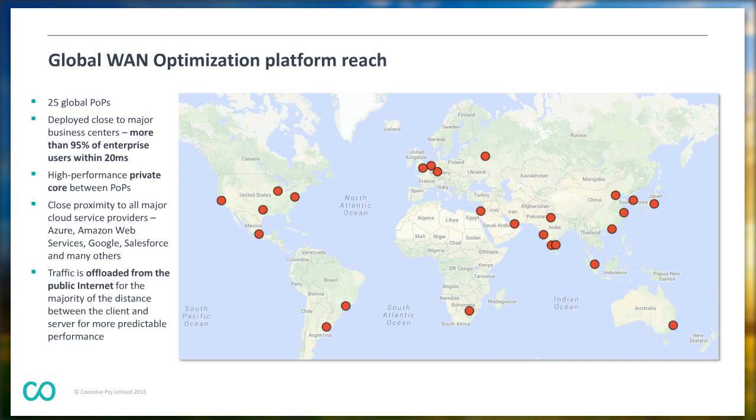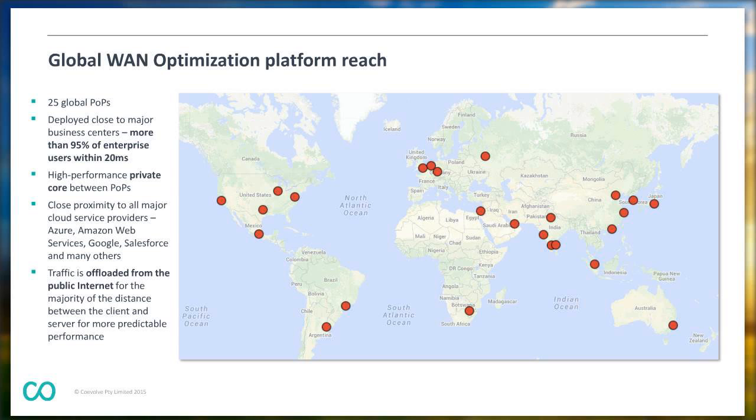So we're close to the users, but we're also then close to the cloud service providers. In some cases, we're directly connected to them. In the case of Amazon and several of their regions, for example, we have direct connections into the Amazon network, so we actually bypass the internet completely for a lot of that connectivity. But in many cases, we're in the same data centers as Salesforce, Azure, Google, and so on, to allow us to keep the portion of traffic flows really to a minimum as we take traffic across that network and into its destination.